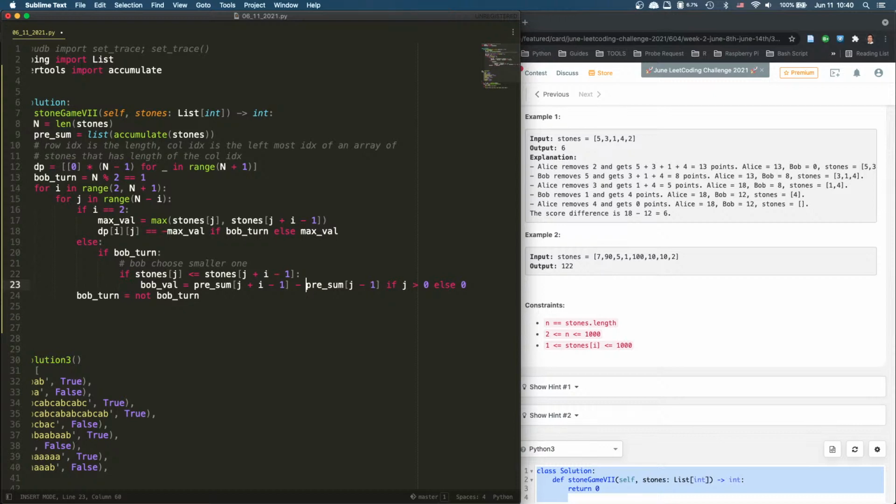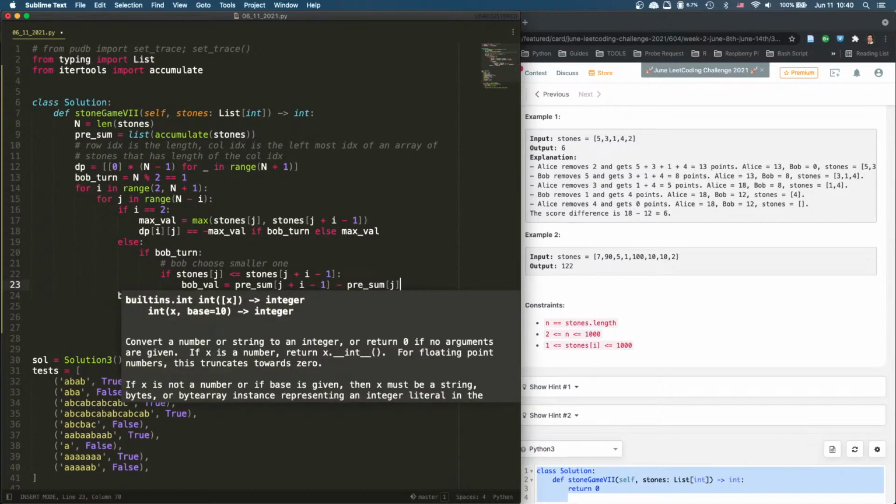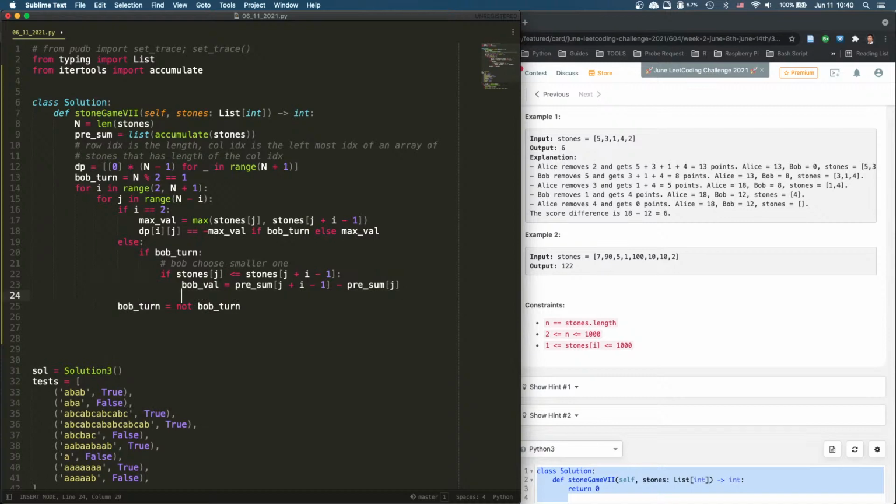Right? If I pick j, no, it's just minus j, because it's like I take j away, right? So that's the Bob value, this current Bob value, and we're left with